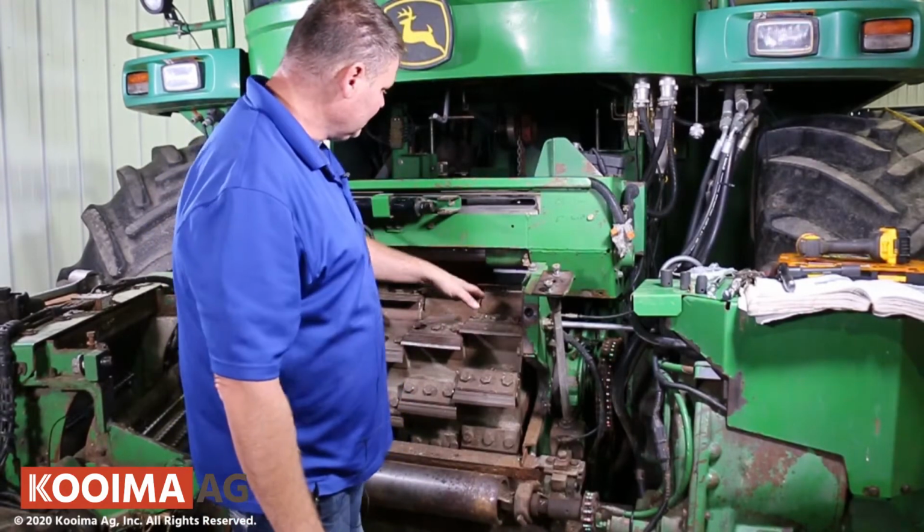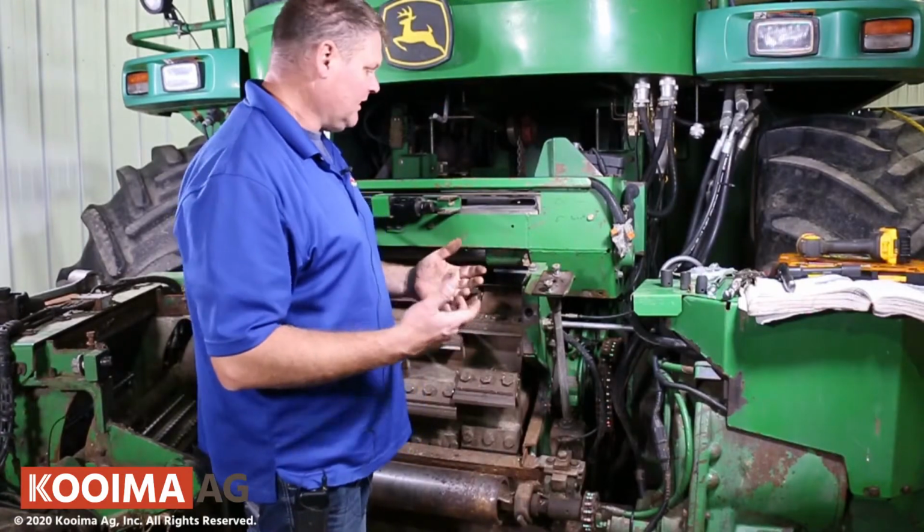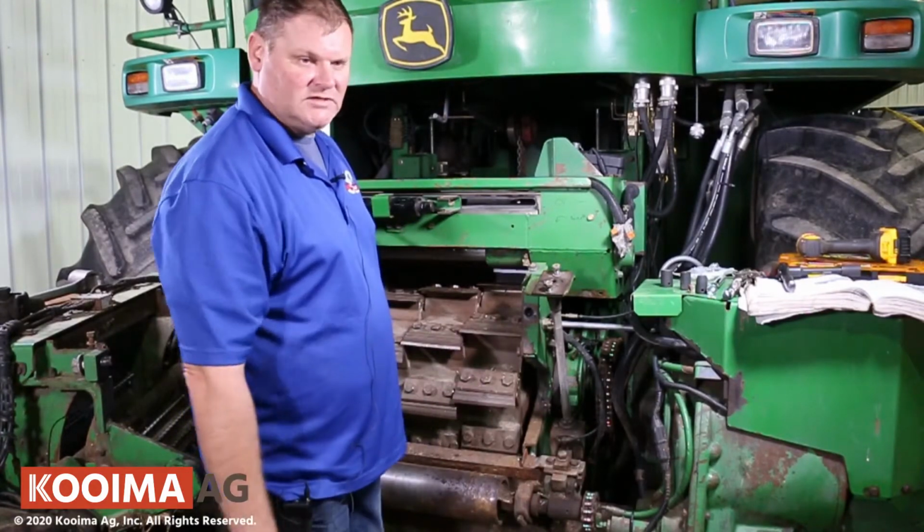So I like to manually do this, obviously to double check, make sure that you did things right, that you don't wipe out a piece of your knives. I've seen it